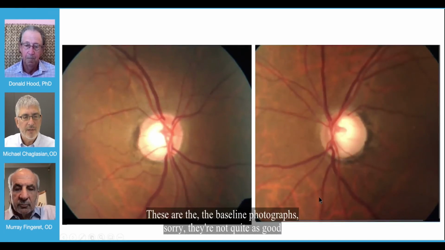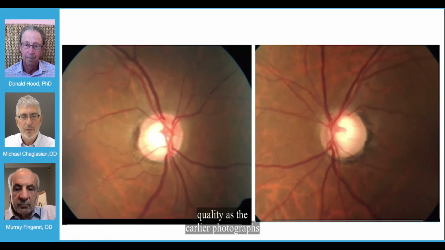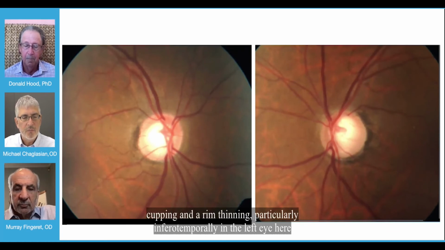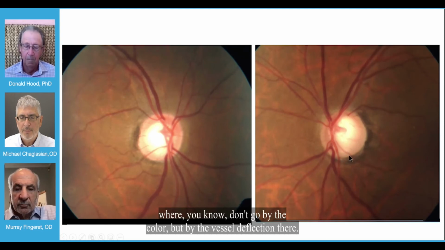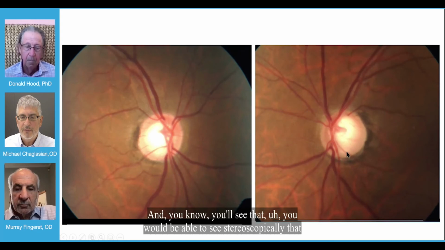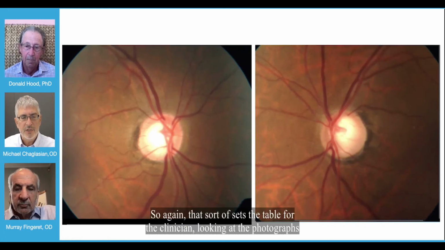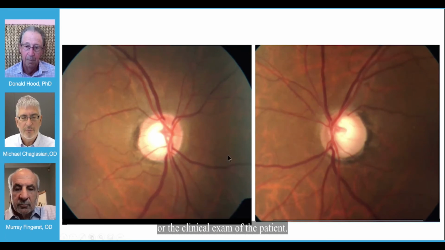These are the baseline photographs. Sorry, they're not quite as good a quality as the earlier photographs I showed. They're disc only. They do show certainly large cupping and rim thinning, particularly infratemporally in the left eye here, where, don't go by the color, but by the vessel deflection there. And you would be able to see stereoscopically that there's a large inferior notch there. So again, that sets the table for the clinician looking at the photographs or the clinical exam of